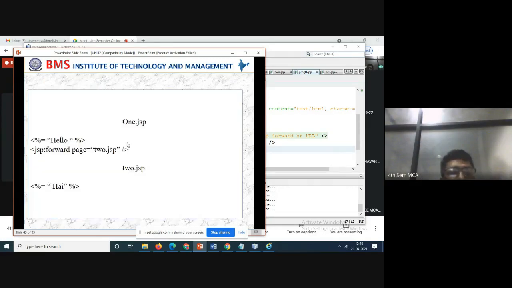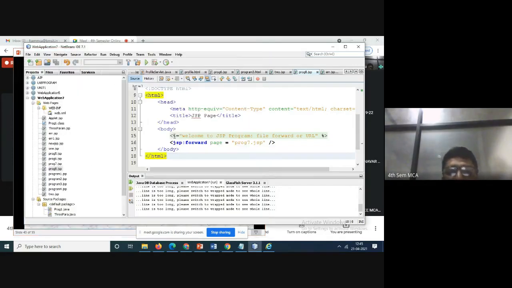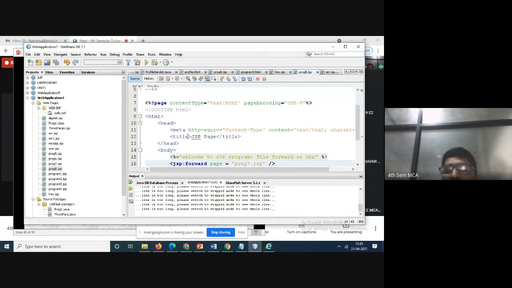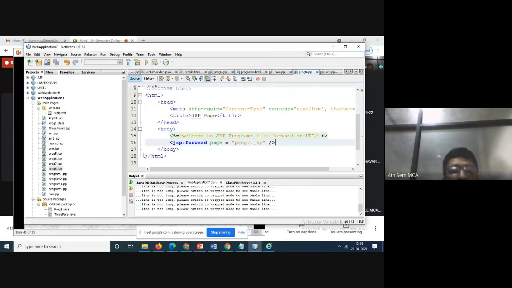Next. File forward page. This is what I have done. Forward page is equal to .jsp. I have entered error.jsp. Examples are also given here, and one in the PPT also. I have shown that there also. Because you people will get confused why sir wrote two lines. Two lines are nothing but these two lines. Within the body, whatever is required to execute the program, that much only we have entered there. So create one file and do the file forward method. That's it. Next.